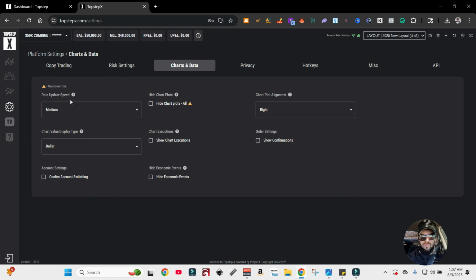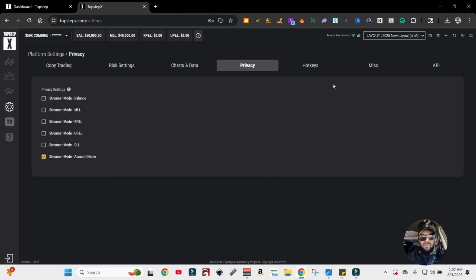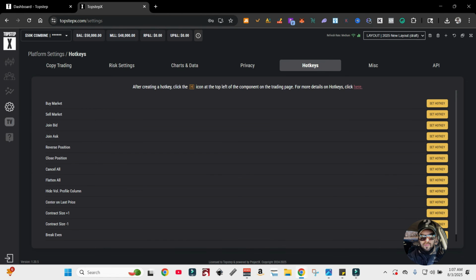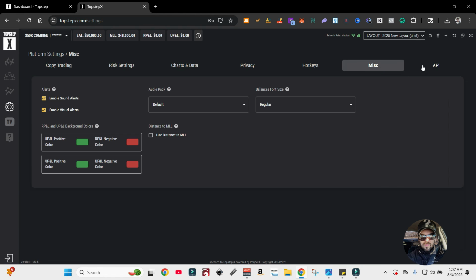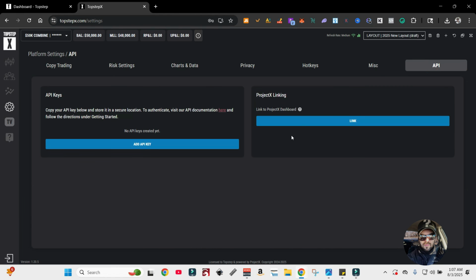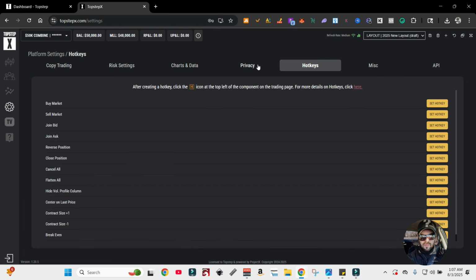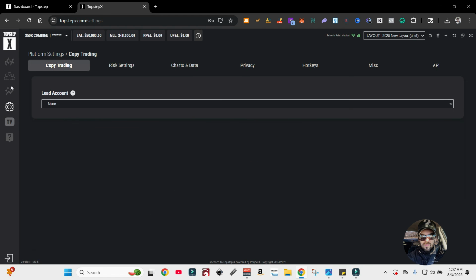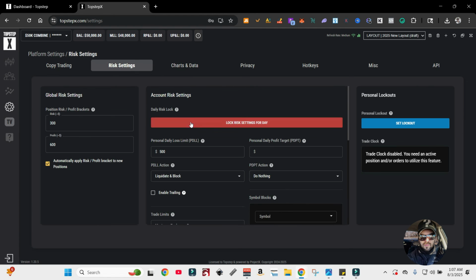Charts and data. Let's see, just keep it on medium. Everything right here, just keep everything the way it is. Privacy, I'd never really mess with this. Hotkeys, so if you guys are into that, that's where you set that up. Miscellaneous, enable sounds, and then some technical stuff over there. So that's pretty much how you take a trade and how you can set up the risk settings to trade